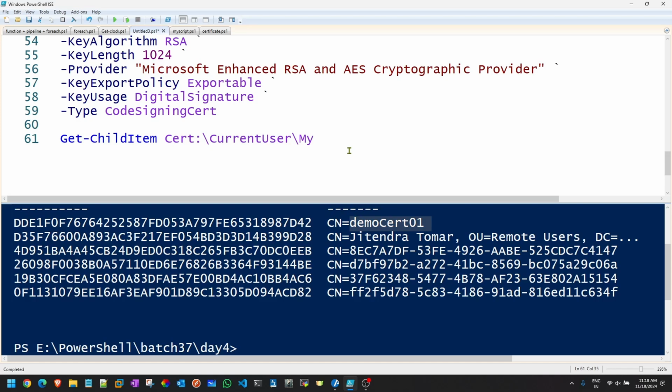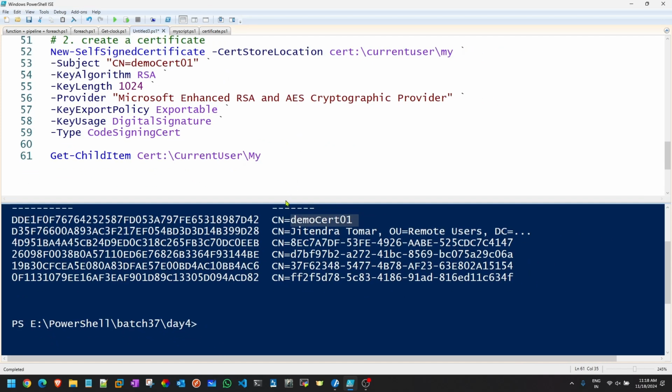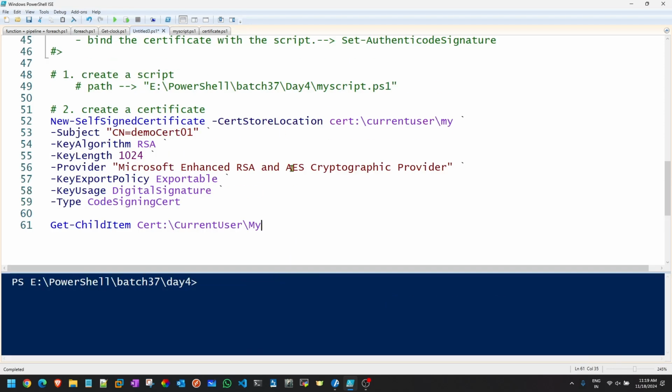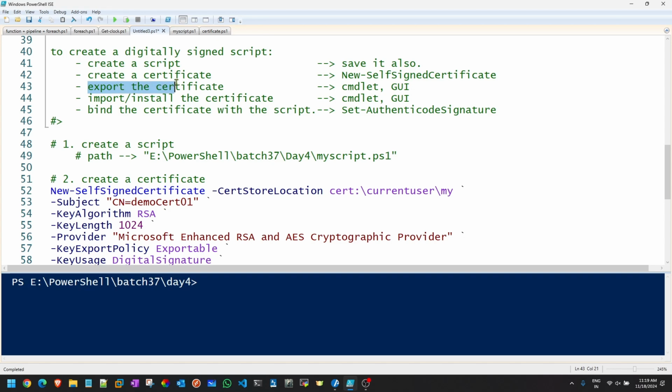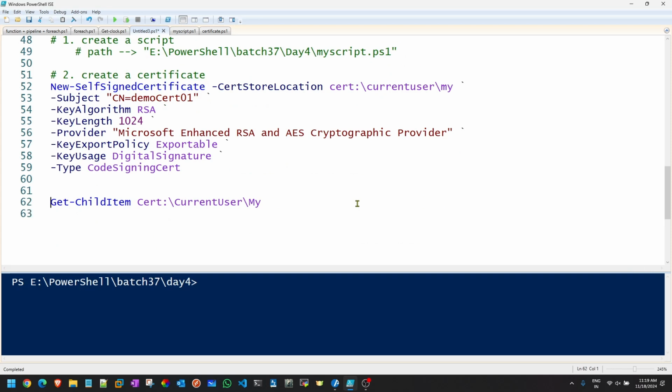These are the two ways. Now once the certificate is created, next command, export the certificate. This was for listing the cert. Now next is to export the cert.